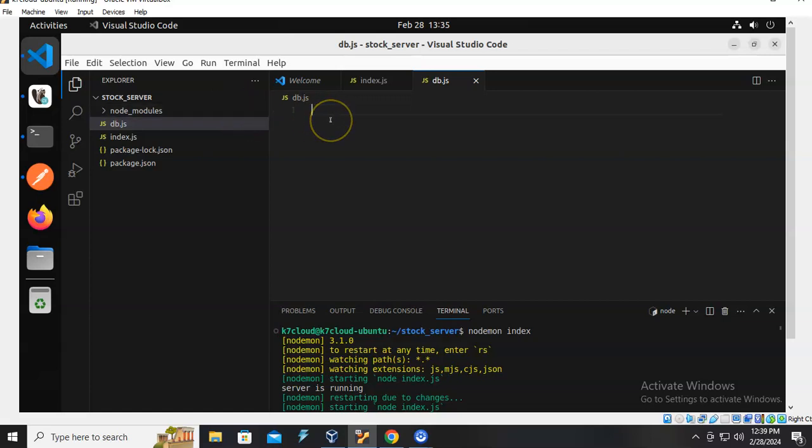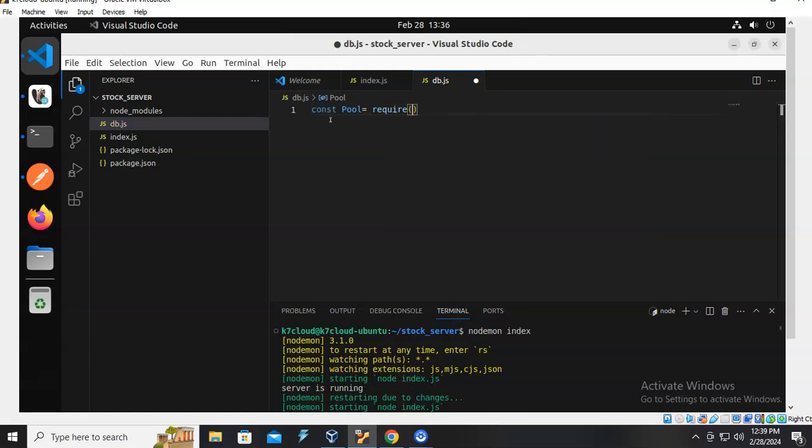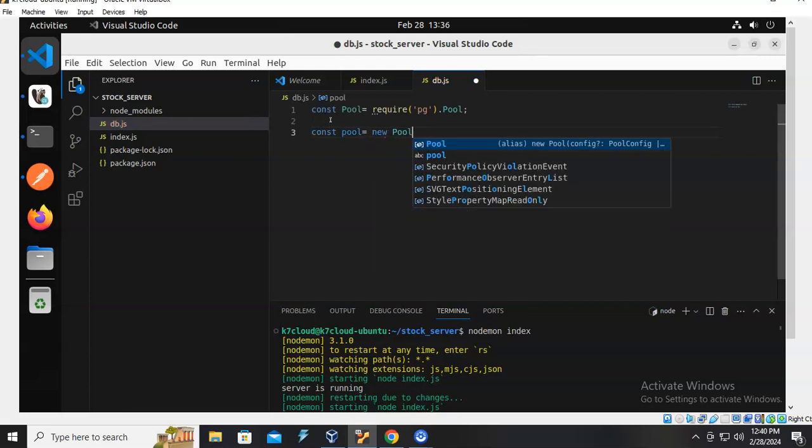Inside that I will type const pool equal to require, for connecting with the database Postgres. So require pg, then dot Pool, semicolon. Then I will create a pool constant. So const pool, which is equal to new Pool of,